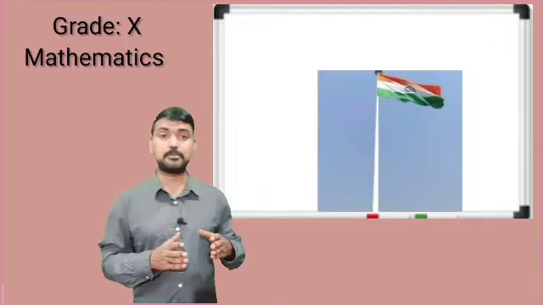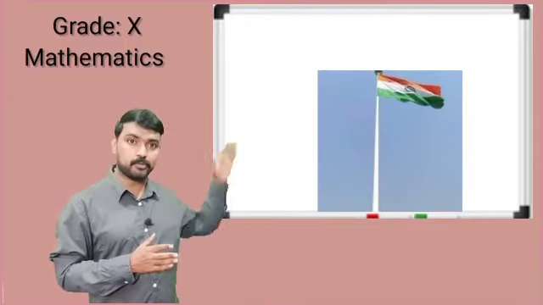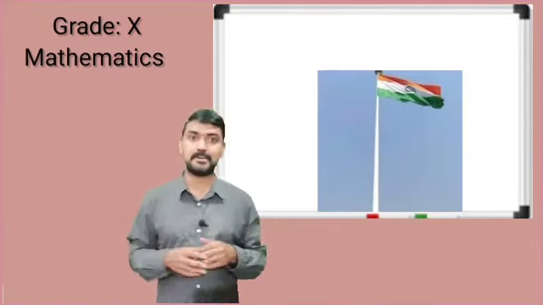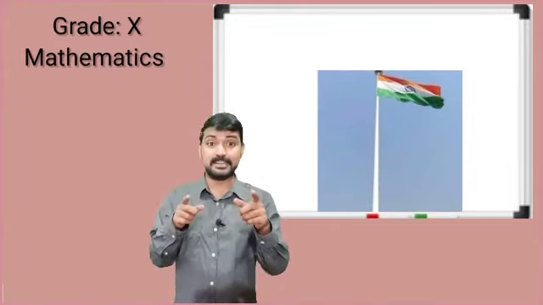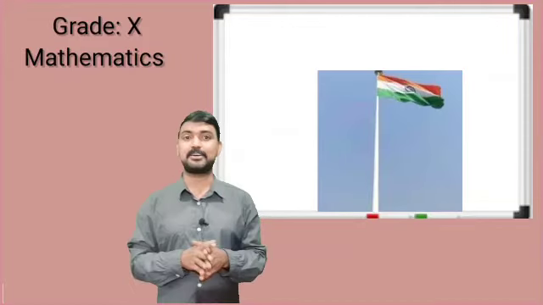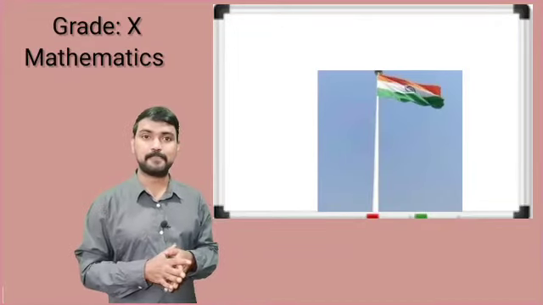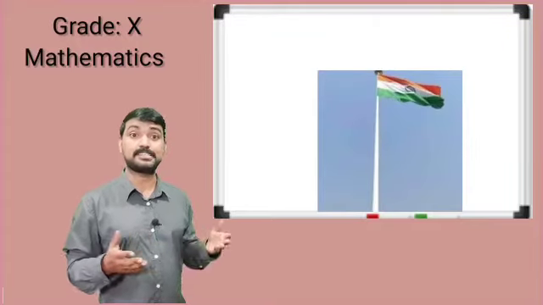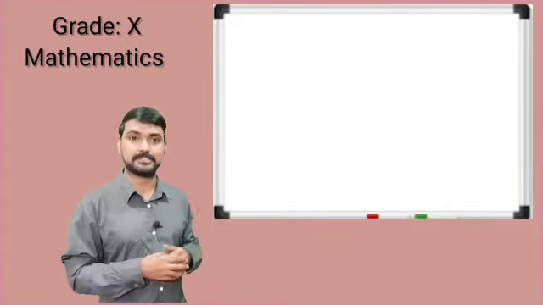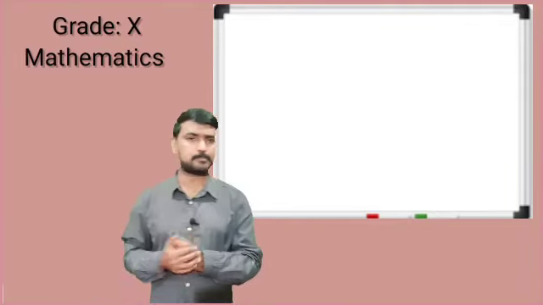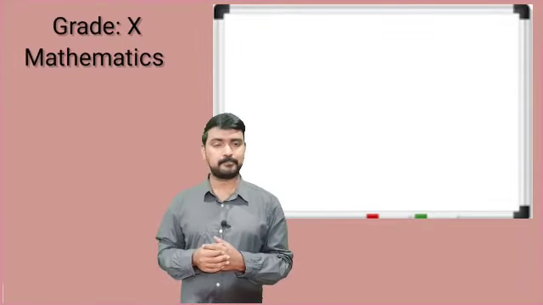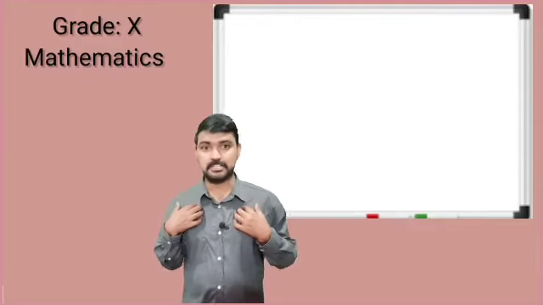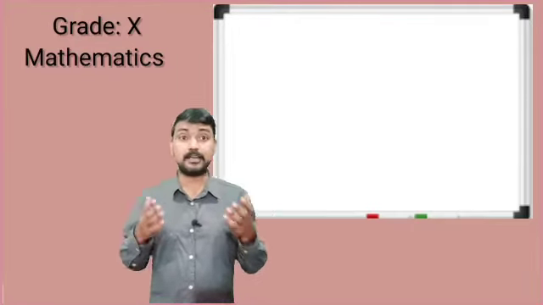Is it possible to measure directly from the top of the pole to the bottom? Niranjan said, no need of direct measurement. We studied similarity of triangles and similarity criteria which can be applied here. So we can easily find the height without measuring directly. The others were surprised. How is it possible? Yes, sir taught us the similarity rule, but we didn't learn how to apply it.